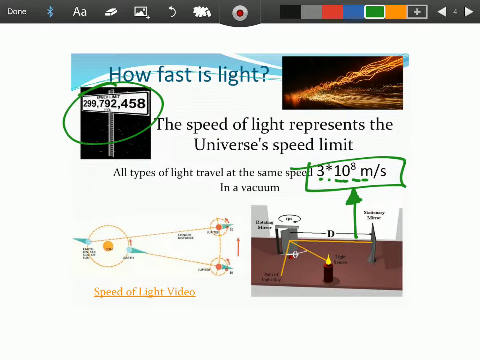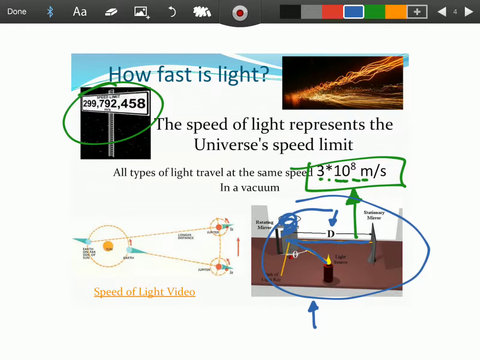We've done several different experiments to try and lock that down. This is one, at least a very simplistic model of a modern way of doing this. You would definitely not use a candle. You would use a laser. But you have this mirror here that's spinning really, really fast, and your laser light comes, it hits the mirror, it reflects down. D is normally like very long, like a football field's length, hits another mirror, bounces back, and